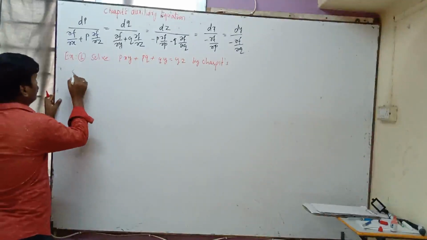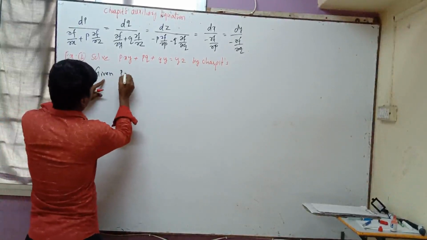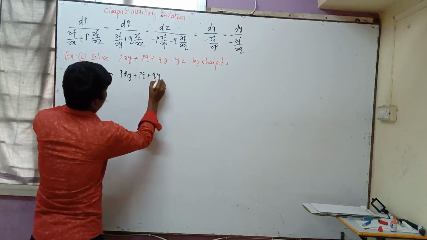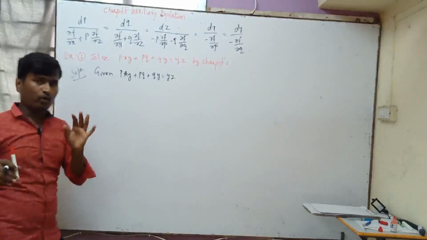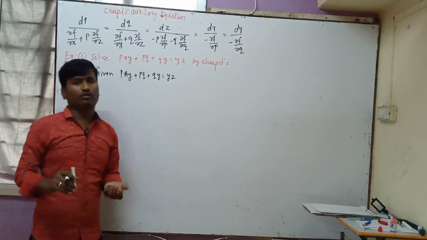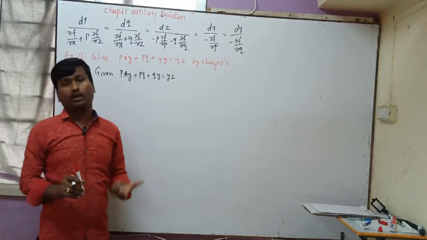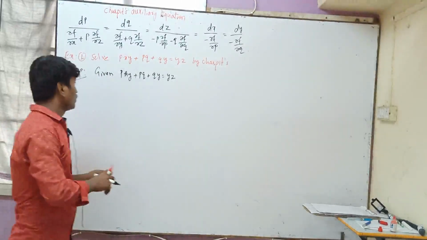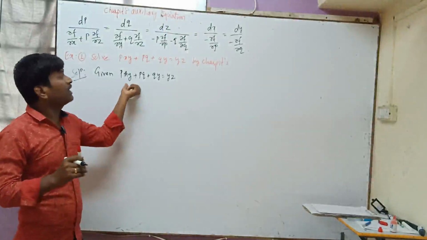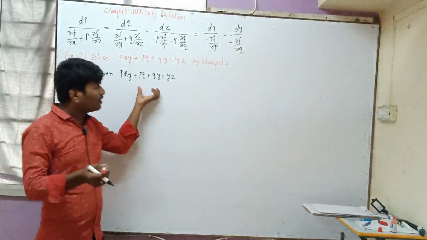Now the solution. The given equation is pxy plus pq plus qy is equal to yz. Solve in your own way. My personal request is that you should not refer to any textbooks or write as it is in the textbooks. Just refer to the problems and try to solve in your own way. According to me, words are not important. Whatever the steps, if it is mathematically correct, then it is a good solving method.